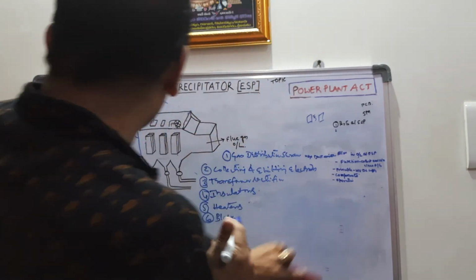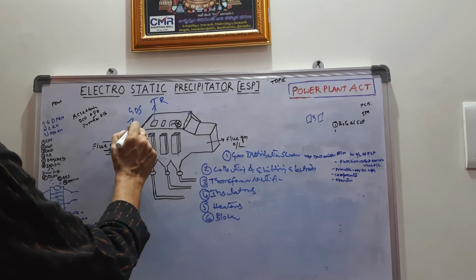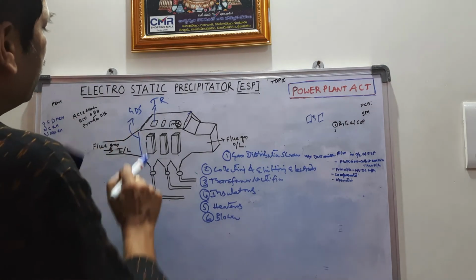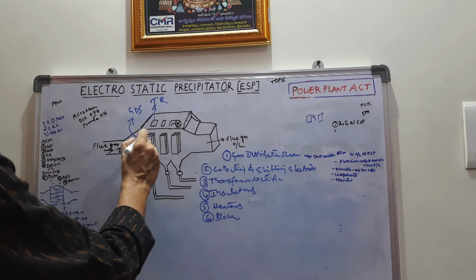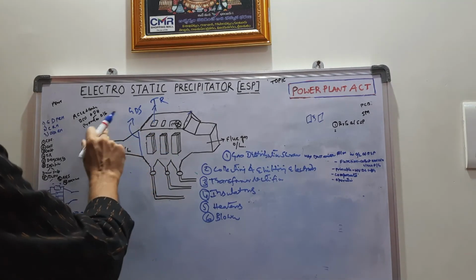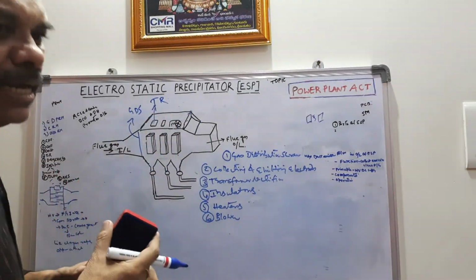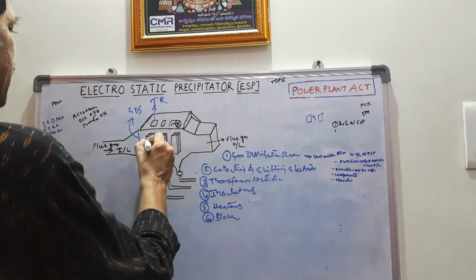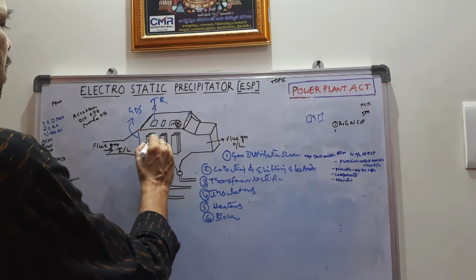When the flue gas enters through this gas distribution screen, the velocity is reduced. Then it enters the collecting and emitting electrodes, where high voltage DC supply is provided. Because of this high voltage DC, the particles of the flue gas are ionized and get negatively charged, and these negatively charged ions are attracted to the collecting plates of the ESP, that is, the collecting electrodes, and